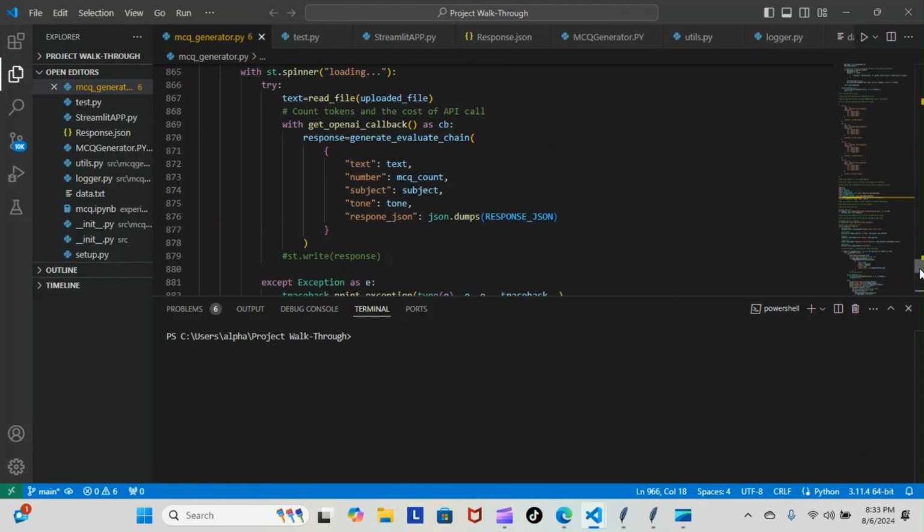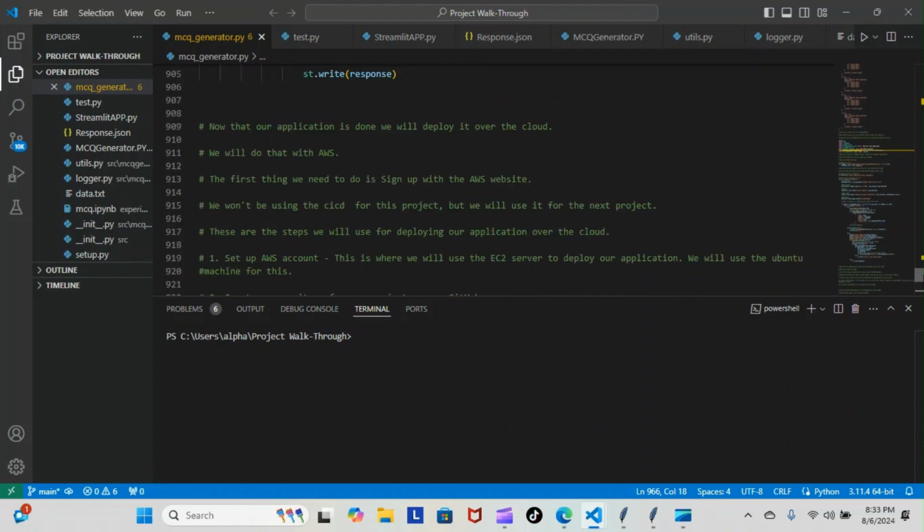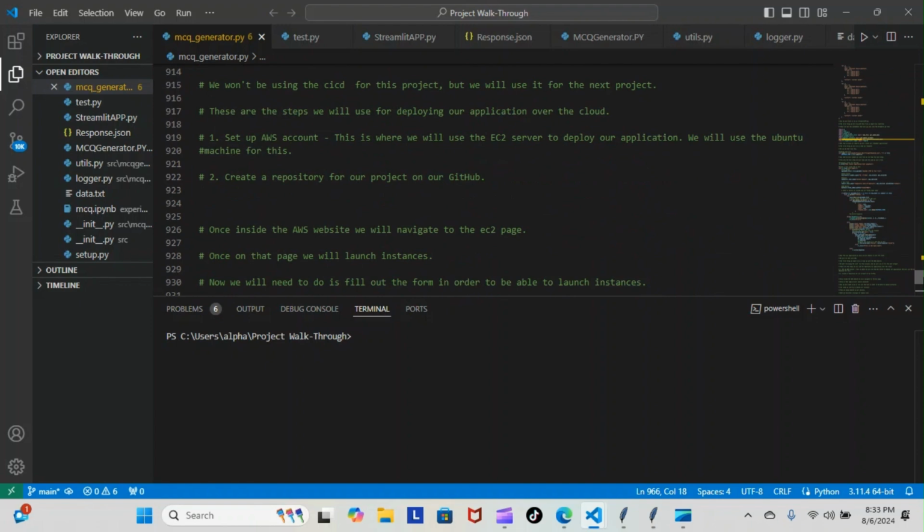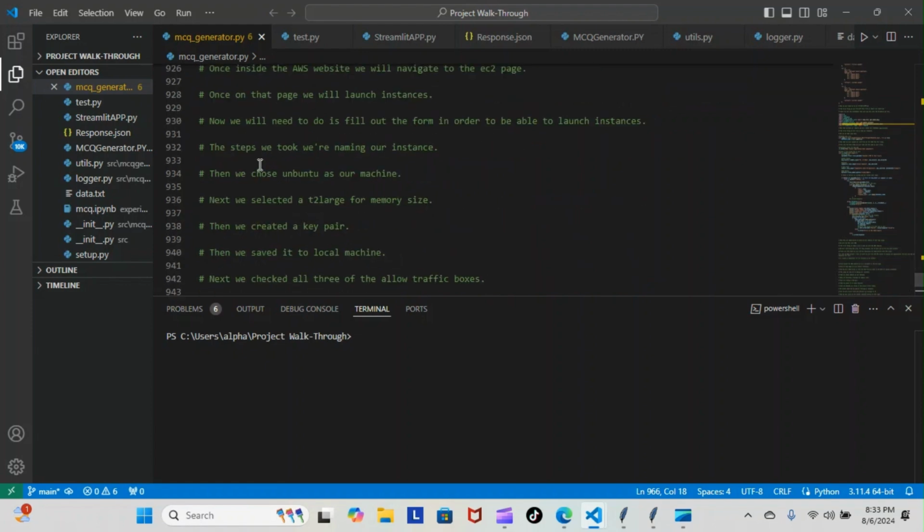Let's go down some. Where did I stop at? Okay, and then we're going to create a repository for our project on GitHub. Now, once inside the AWS website, we will navigate to the EC2 page. Once on that page, we will launch instances. Now what we will do is fill out the form in order to be able to launch instances. We go down some more. The steps we took were naming our instance. This is once we're